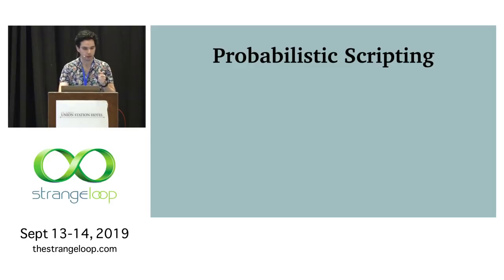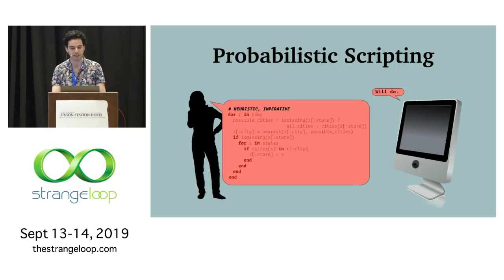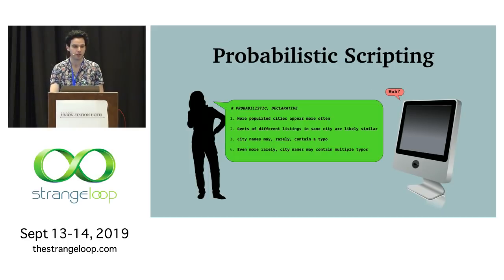But I want to zoom out a little bit at the very end, because my point today isn't primarily about Pclean or data cleaning. It's about this broader idea of probabilistic scripting. The basic point is that if you have some code that's imperative and relies on a bunch of heuristics, it's often because you're trying to do something common sense that the computer doesn't have the declarative knowledge to solve. That's what's getting you into this mess. And if you can frame your task as reasoning about unknown variables in the context of domain knowledge and observed variables, then we can think about replacing this with a much more natural scripting approach, where you just tell it what you assume to be true.